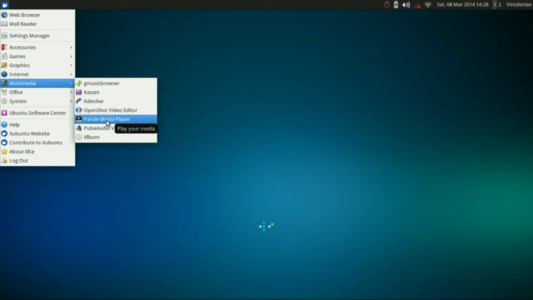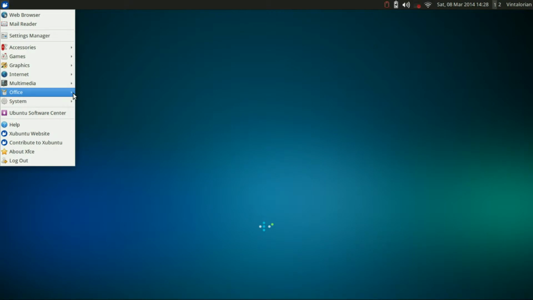Parole Media Player comes with the distro. Pulse Audio Volume Control comes with the distro, and XF Burn, of course. We have that again. Okay, underneath Office we have Abbey Word, which is one of the better